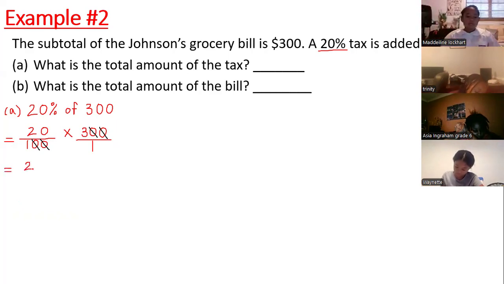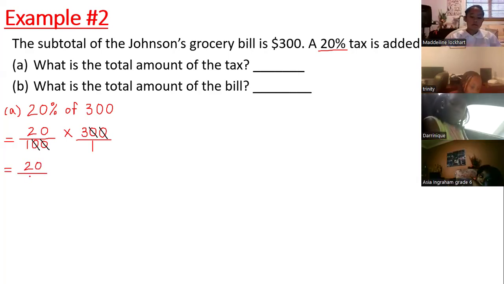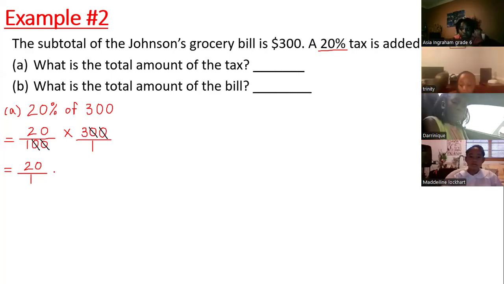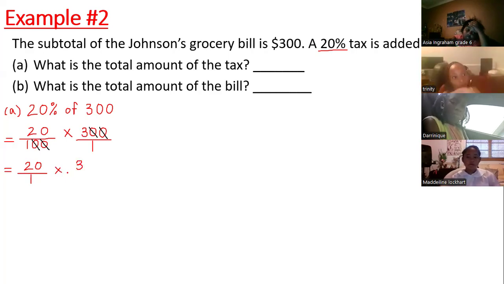20 over what? Multiplied by 3 over 1. 20 over 1 multiplied by what? 3 over 1. Very good. And so this is going to be equal to,